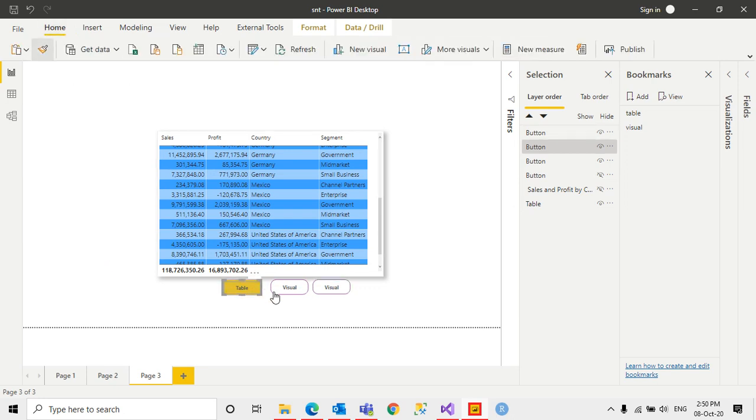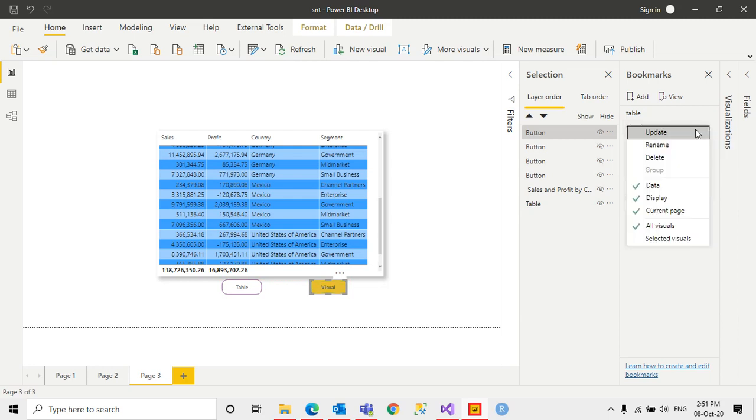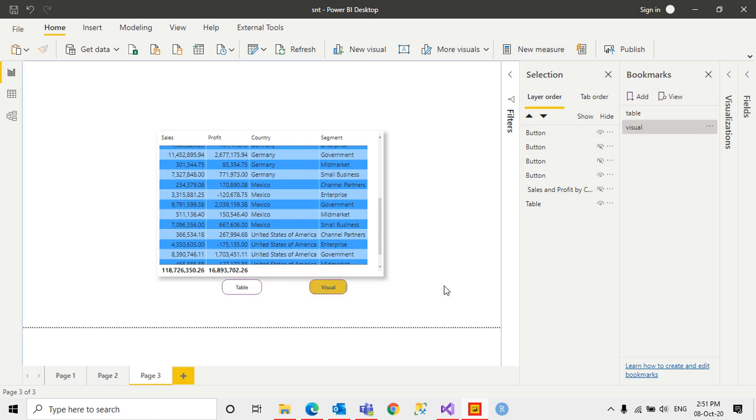When I click on this visual, this should come and this should be hidden. Let me hide this table and unhide this button, and I would like to hide this one also. Let me update the visual bookmark. Let me uncheck the data. You understood, right?